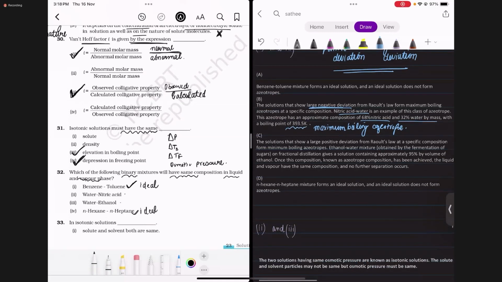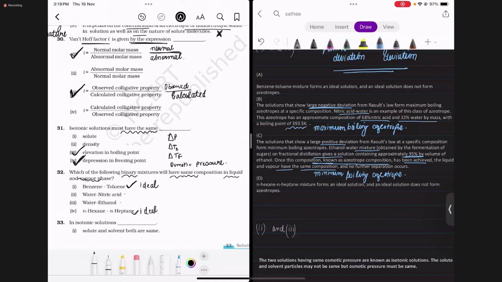And also जो water and ethanol mixture होगा, it will show large positive deviation from Raoult's law, and positive deviation show करने के वजह से it will form minimum boiling azeotrope. And अब जब minimum boiling azeotrope बनेगा, so at a particular temperature जो उसका boiling temperature होगा, उसमें it will have the liquid phase and vapor phase will have the same composition. And once this composition, known as azeotropic composition, has been achieved, the liquid and vapor phase will have the